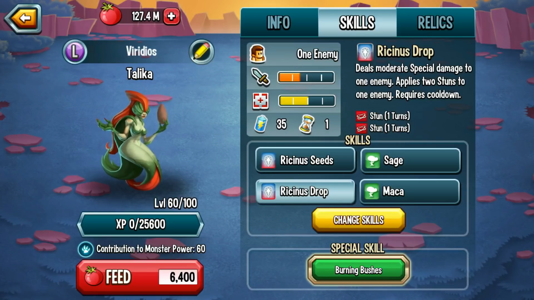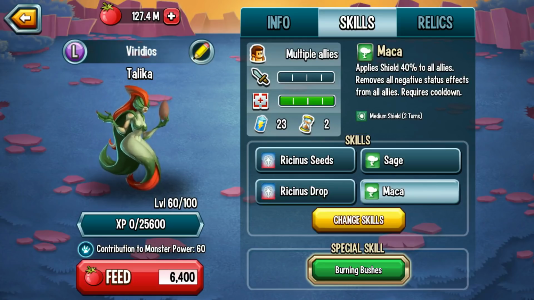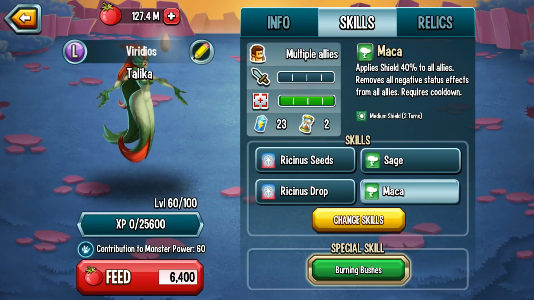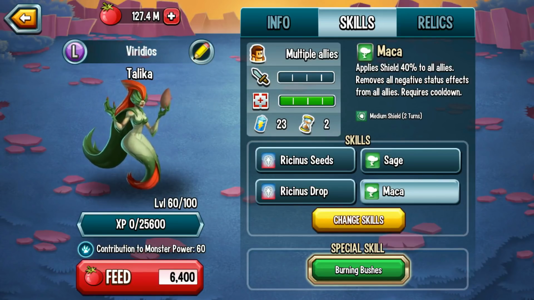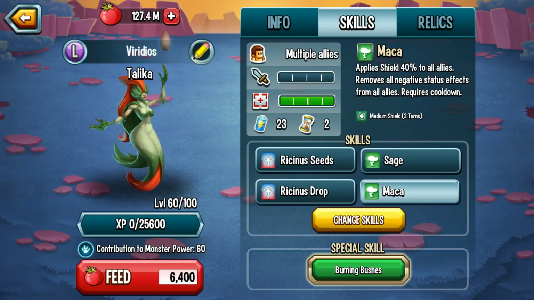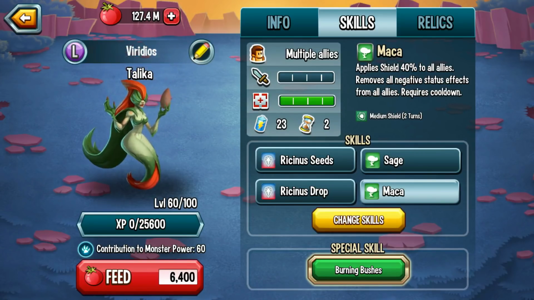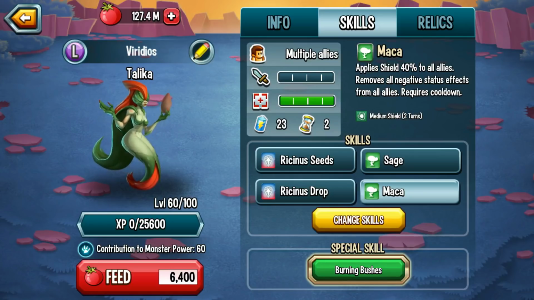There's nothing like a single target version of a good group skill. And then we have this one. This is basically the sole support one. This has no damage to it at all. This is Maka, and it applies a 40% shield to all allies, removes all negative status effects from allies. Now, removing all negative status effects by itself is really a good thing. Giving a shield is actually very good as well, because it means that even dot damage, which, by the way, they're not going to have anymore, right? Because you're taking away all negative status effects. You're taking all that away, and you're giving them a 40% shield, so incoming attacks will be done off of